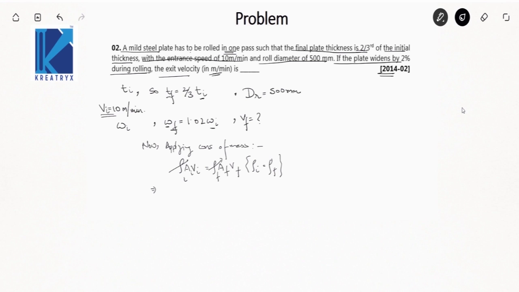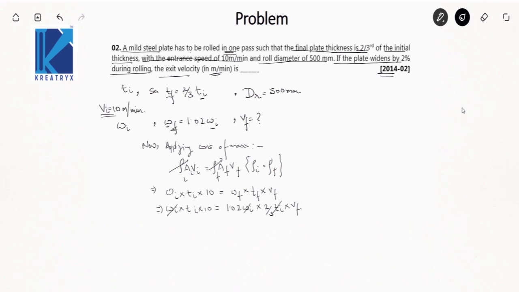Now area initial, what is area initial? It is w initial into t initial, and what is the velocity initial? That is 10 meter per minute. Area final is w final into thickness final, tf, into velocity final, vf. Now we'll put all the values, we will get w initial into thickness initial into 10 equals to, what is w final? It is 1.02 times of w initial. What is thickness final? 2/3 of thickness initial into velocity final,